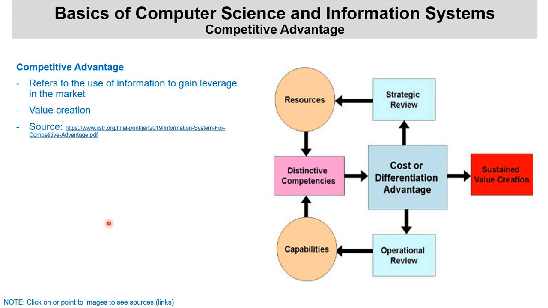So we've talked about value chain, we've talked about many other things regarding business organization and information systems, in order for a business organization to operate efficiently and work effectively. And in order to create more value and be able to achieve your goal as a business, you need to look at what competitive advantage is, which means